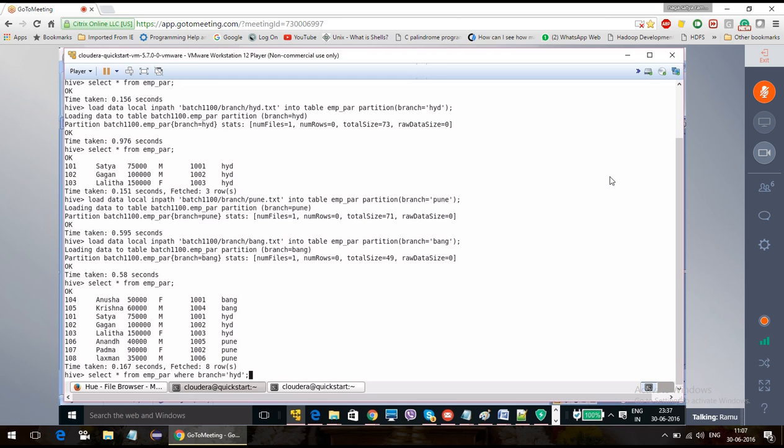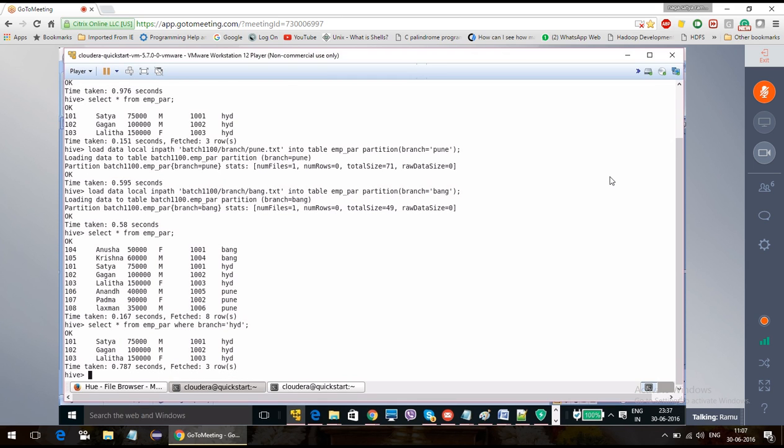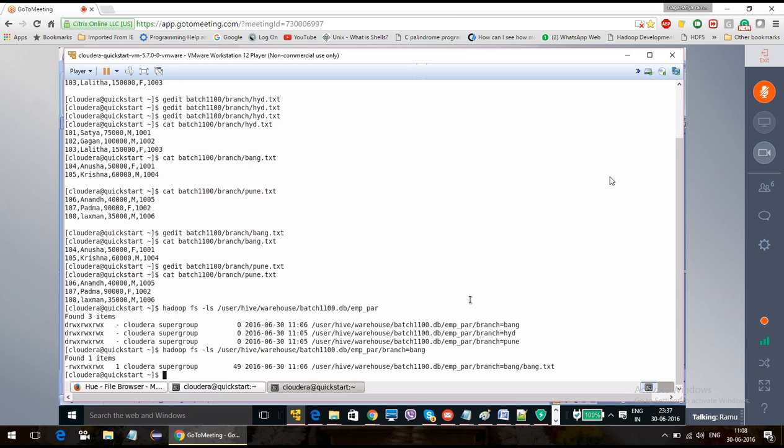I will get the results quickly, because it is not going to search all the partitions in the entire disk. It is going to search only in the Hyderabad partition. It goes directly there and finds it.